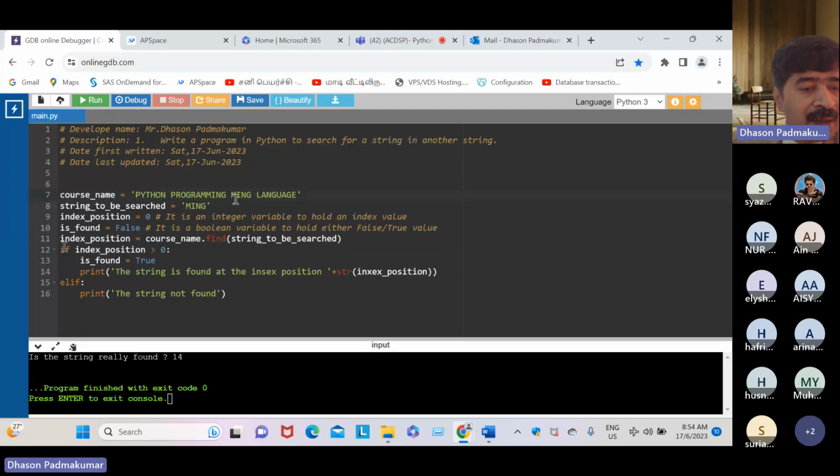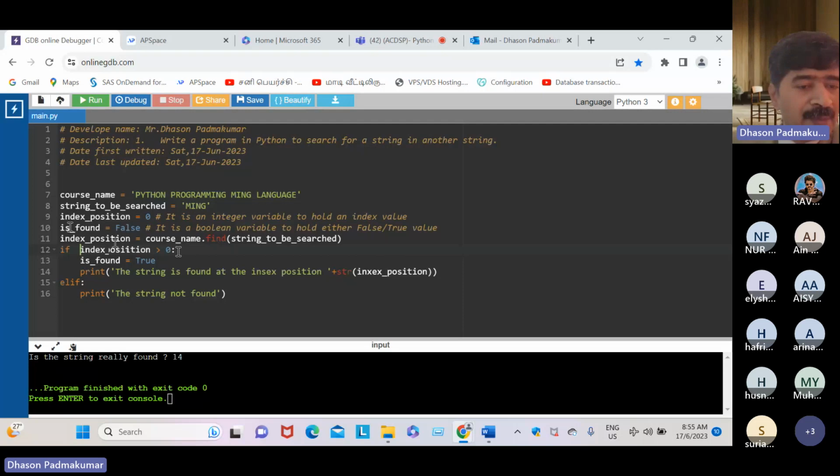Okay, dear student, and then we check it with if. Since it is a simple expression, no need for brackets. Otherwise, yes, index position greater than 0 colon, is found set to true. Earlier it is false.